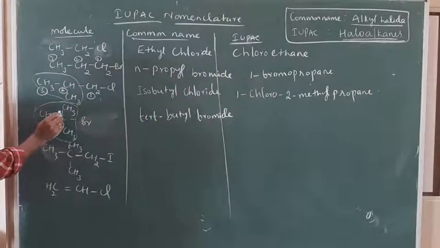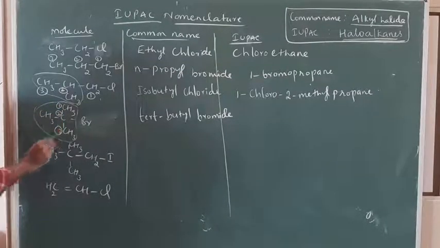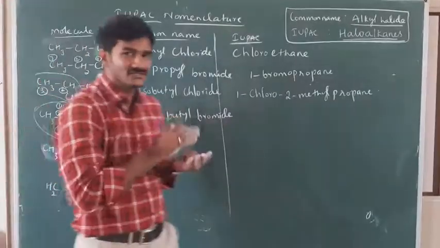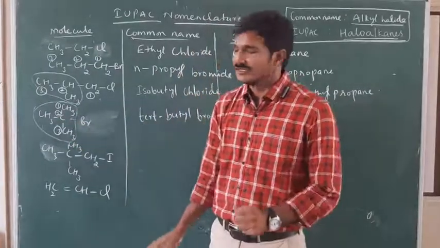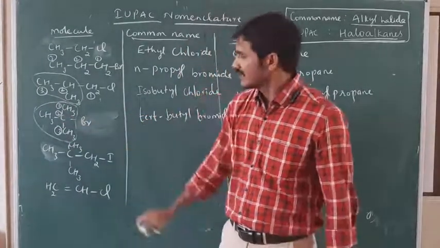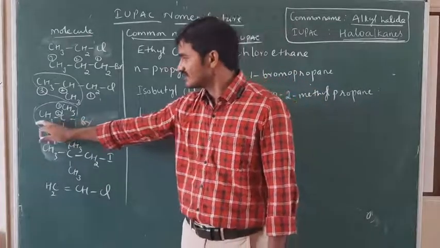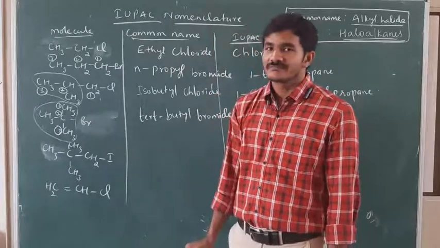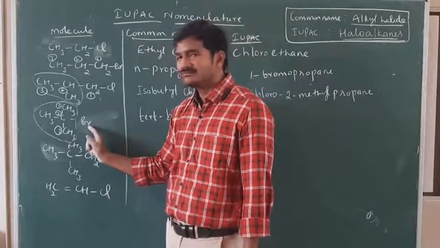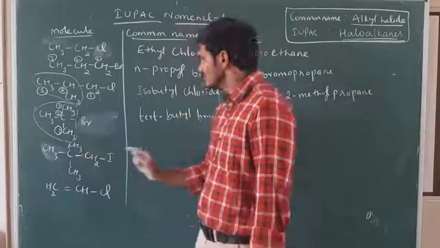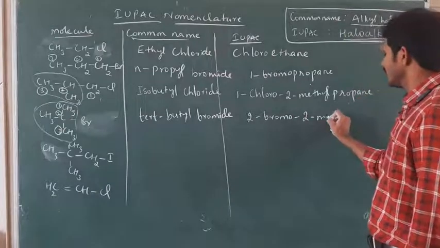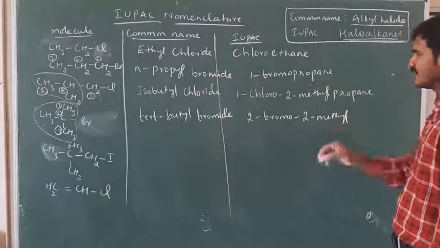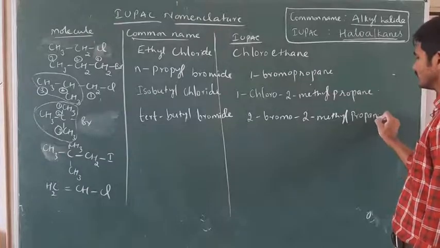Tertiary butyl bromide. For the IUPAC name, we have to choose the longest chain. If I number this way, 1, 2, I get only a 2 carbon chain length. If I number this way, 1, 2, 3, I get a 3 carbon chain length. The parent chain should be the longest continuous chain. So I have given 1, 2, 3 as the long chain. At the second carbon we have 2 substituents, one is methyl, one is bromo. Again here we follow alphabetical order. Bromo comes first, B. Methyl next. So here, 2-bromo, 2-methyl, and the 3 carbon longest chain is taken as propane.